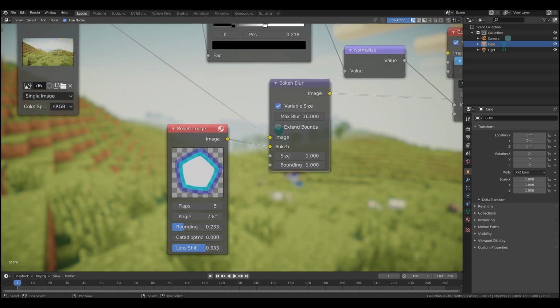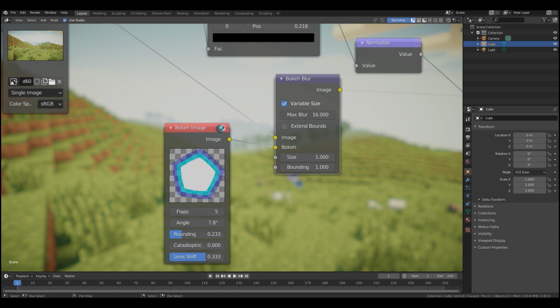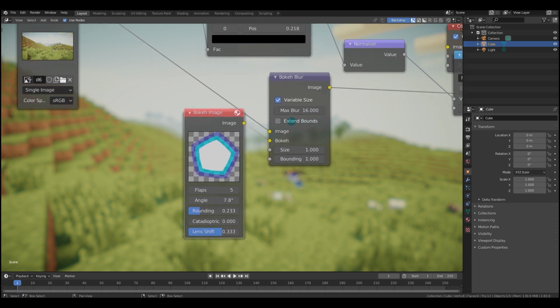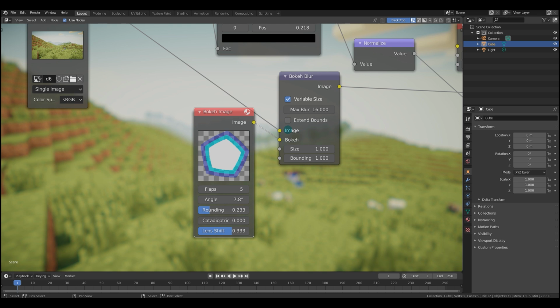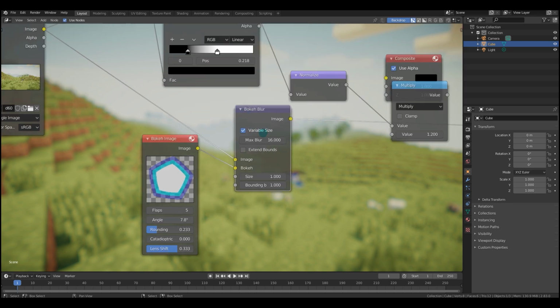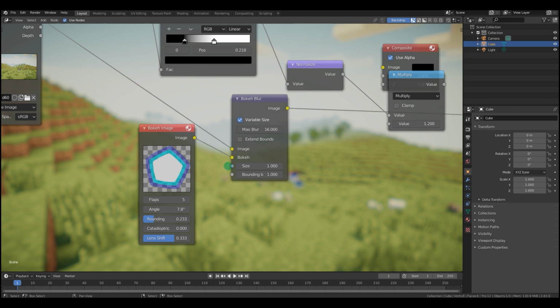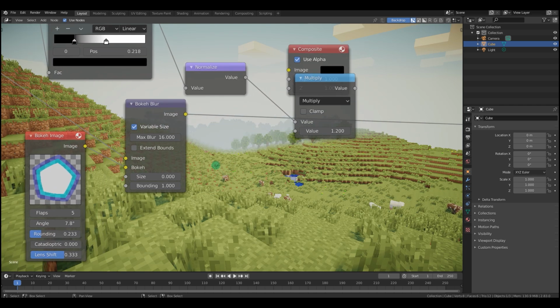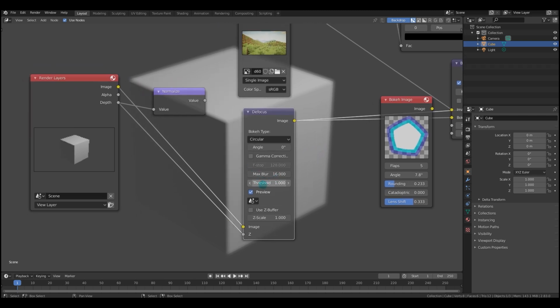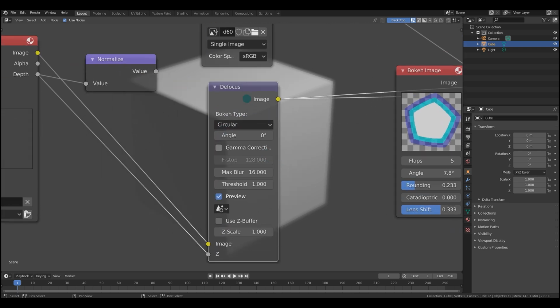The bokeh blur node generates a bokeh blur effect using a bokeh image node with in-focus and out-of-focus regions. It's useful for faking depth of field and creating creative bokeh effects. If you check the variable size checkbox, you can actually use an input scalar to affect the size of this blur, a size of 0 being no effect. The defocus node blurs image input based on a mask or map input, including the Z depth. I found it mostly useful, again, when faking depth of field.